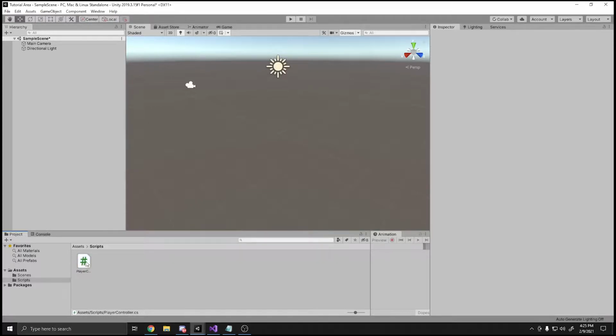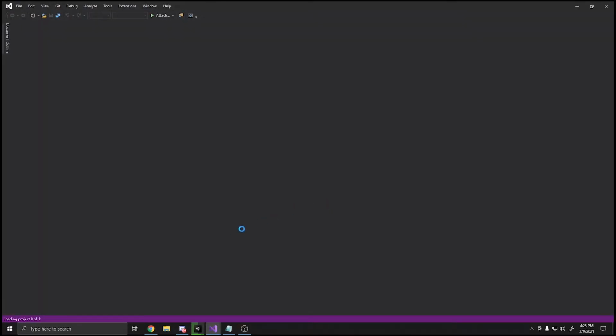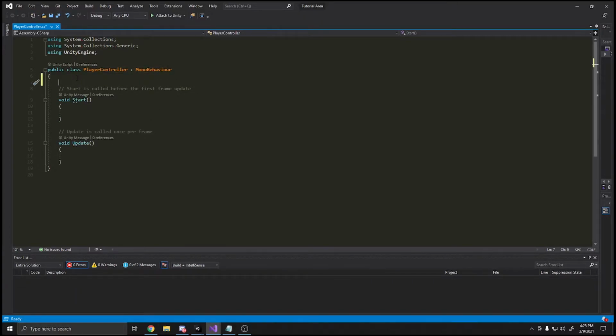Okay, now we will just open up our script with Visual Studio, and as you can see here we have our player controller script. In our player controller we'll declare a public float variable. We'll name it speed, and for now we'll just initialize it with 2. And now in our update function we'll initialize a float variable named horizontal input,